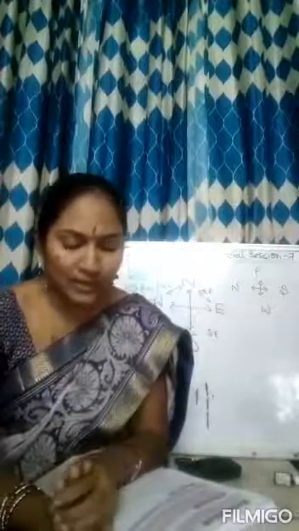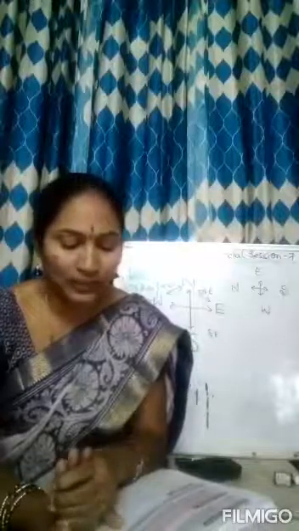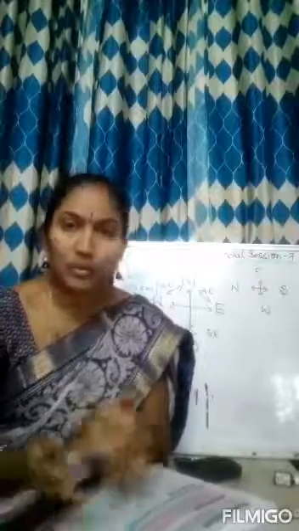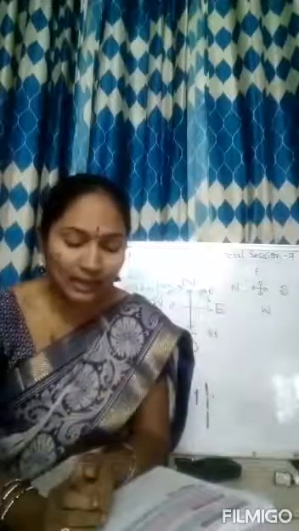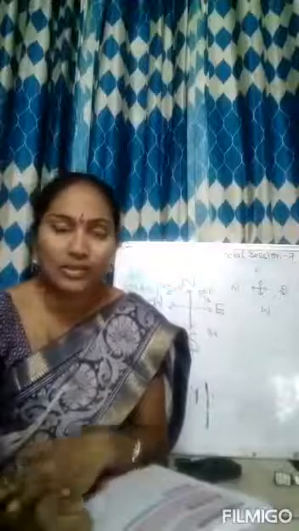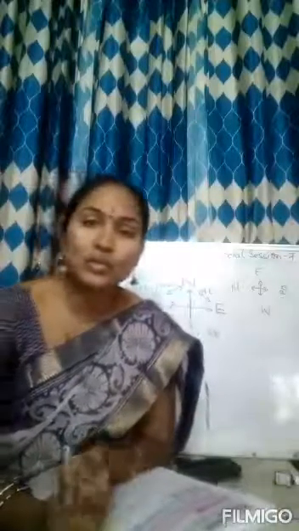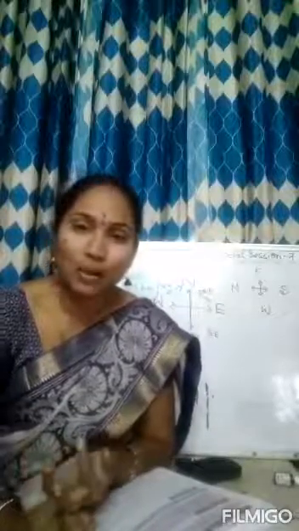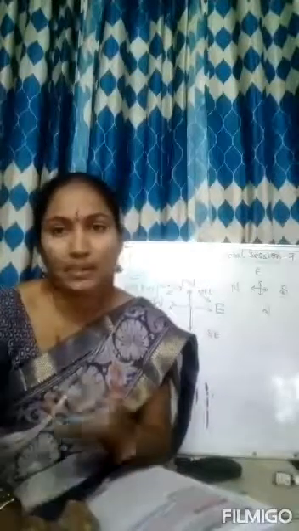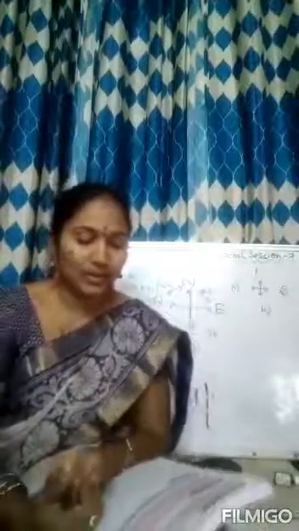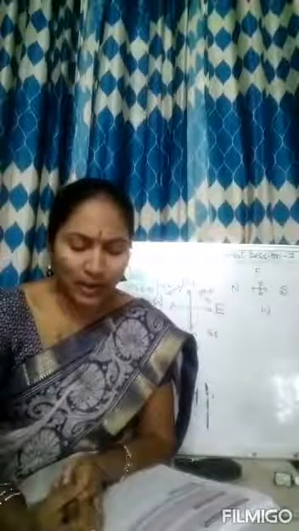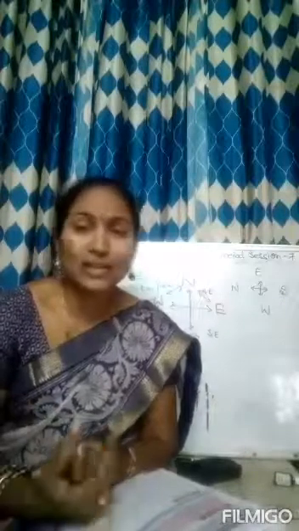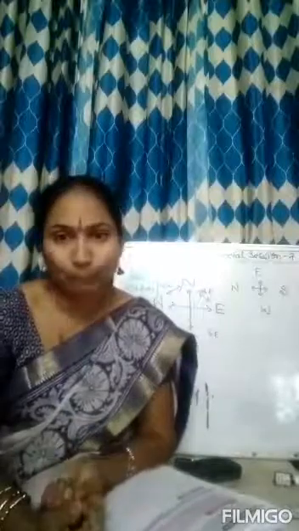Maps use different directions, scale and color to represent various features. Why are maps used? To know the directions, and the scale and color to represent various features. As we have studied about the scale, it is used to know the distance, and color is used to know about the landforms like plains, mountains, forest areas. Next, maps are very informative and educate us about the land we live in. So in further classes it is very useful for you, right?